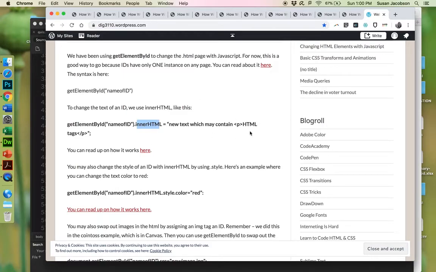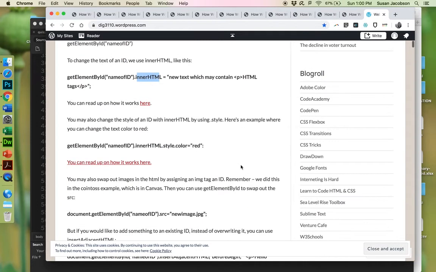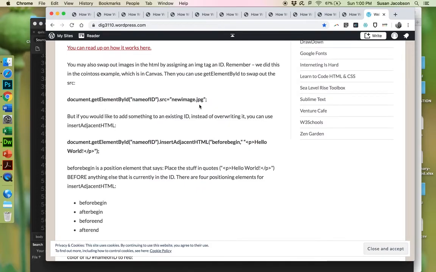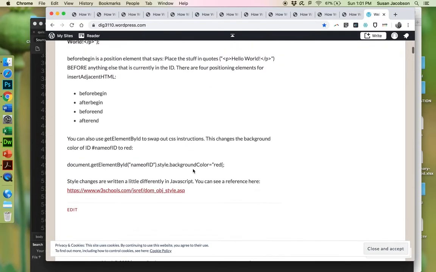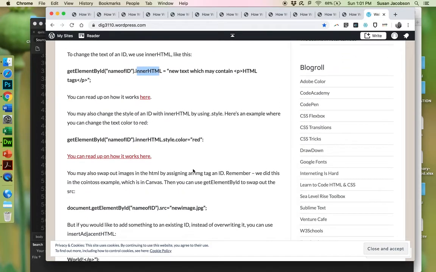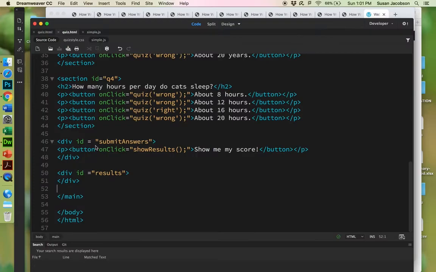And you can put anything in here in quotes. You can put in some HTML tags if you want. There's a number of things that you can do. There are other ways that you can change elements on the page with JavaScript. You can change the style of something with an ID by using innerHTML.style. You can change images. So I have some examples here, and you can click on them for more information. When we do the fancy quiz, we're going to use some of these. But for now we're just going to use